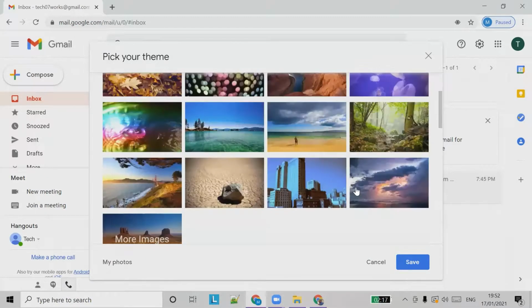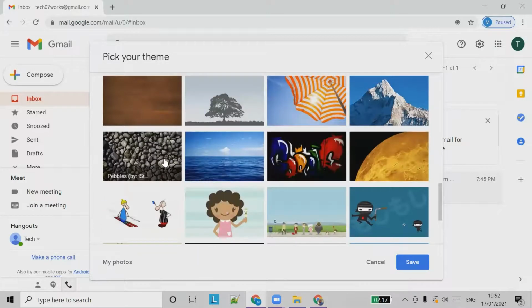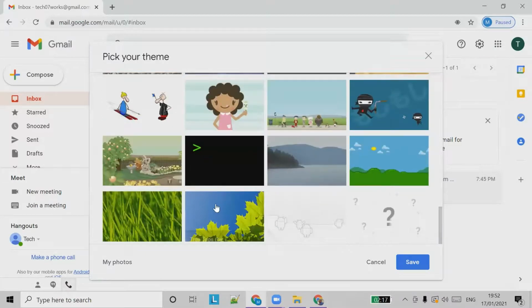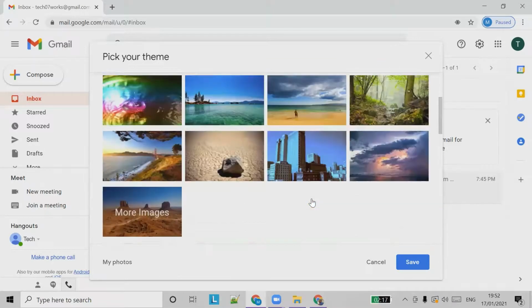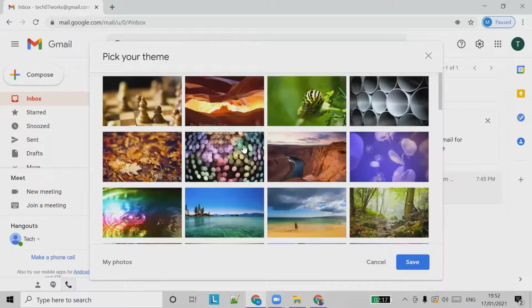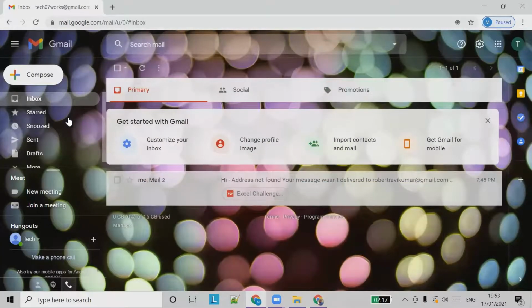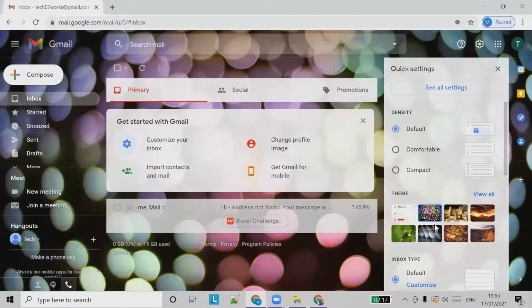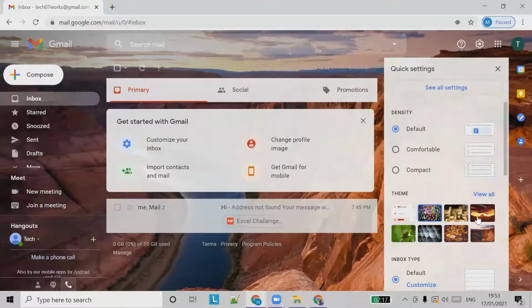We'll choose something colorful, and we'll choose this option. Click on it and click save. Now you can see the theme appears nice. So what you have to do is go to settings, go to view all, and you can select here and see the different options.